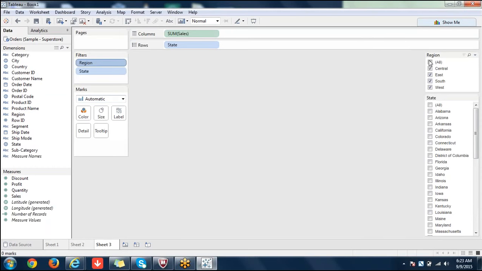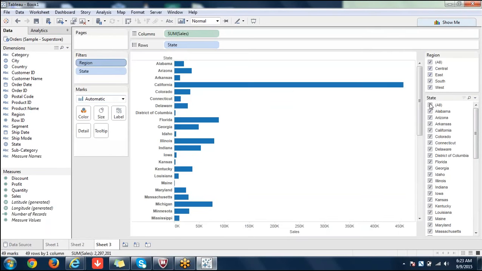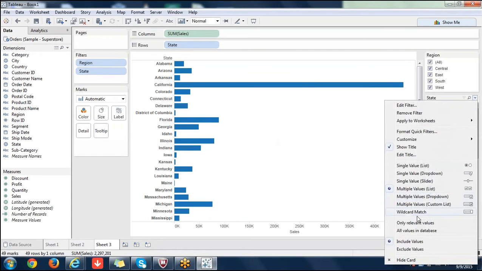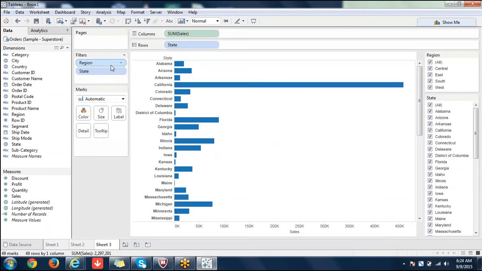Now I will show you. Because node state is selected, visualization is not coming up. Now, what I am doing here is, I am saying only relevant values. This is the first value you have seen, the first option. Now you observe that all values in context is not there here, only relevant values is there. I am clicking on only relevant values. I have not done any context or anything here. You see that it's still in blue color. It's not changed to green or gray color.